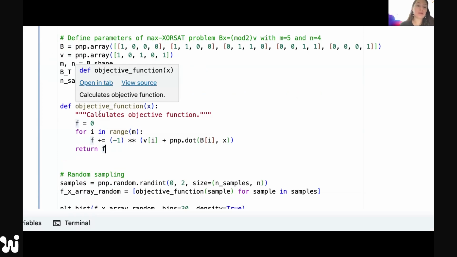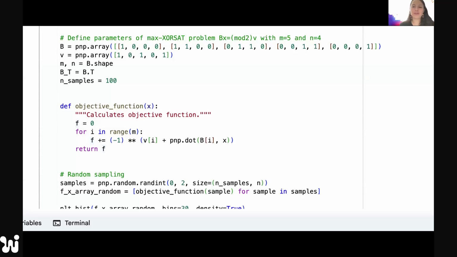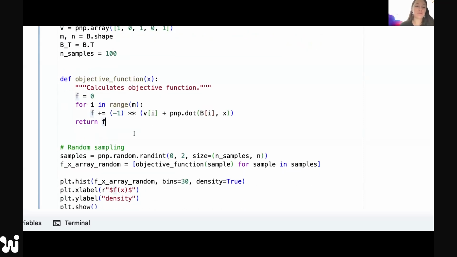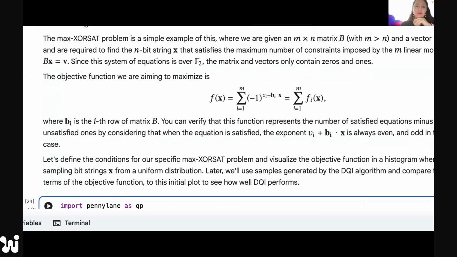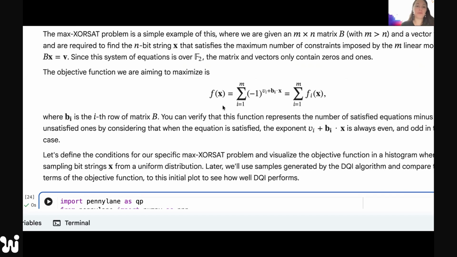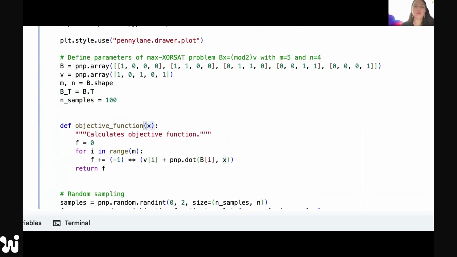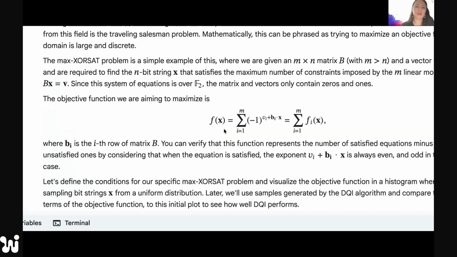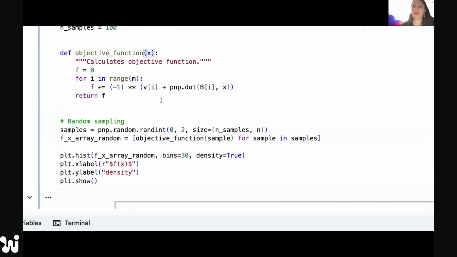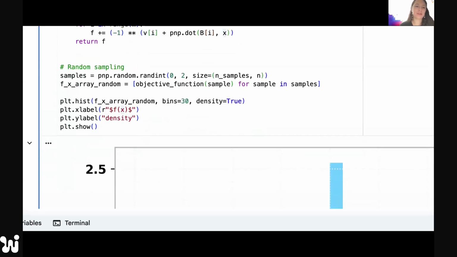I can create my objective function as just a normal Python function. So I hope everybody uses Python. I'm going to use this Python function to create the objective function, which is going to depend on X. This is the objective function which I'm going to maximize. Basically, we're going to find the right X that minimizes this function. All we're doing here is putting into code what we had in the math, the function that gives me the right solution and minimizes the cost.